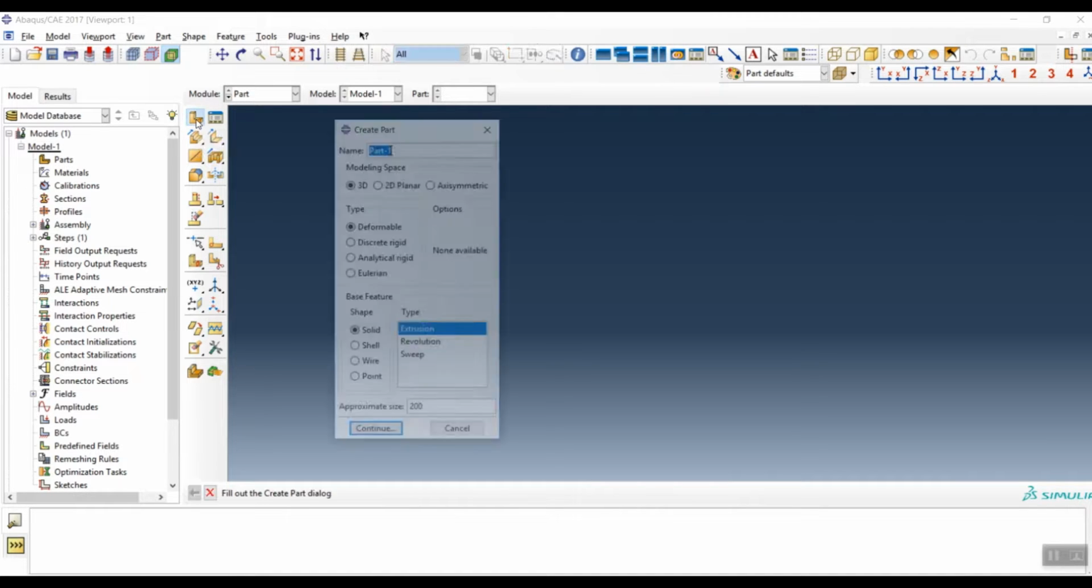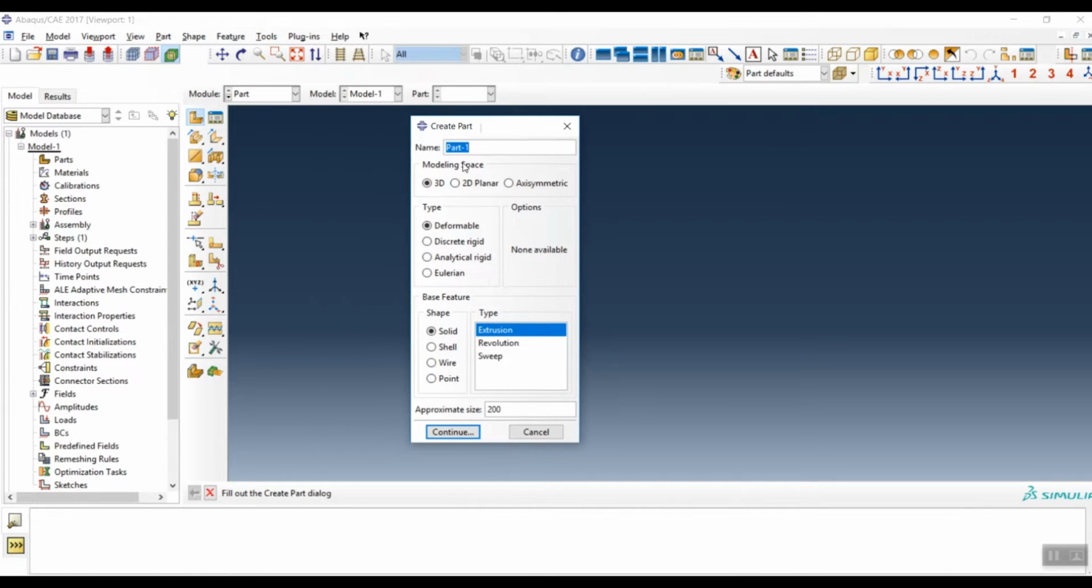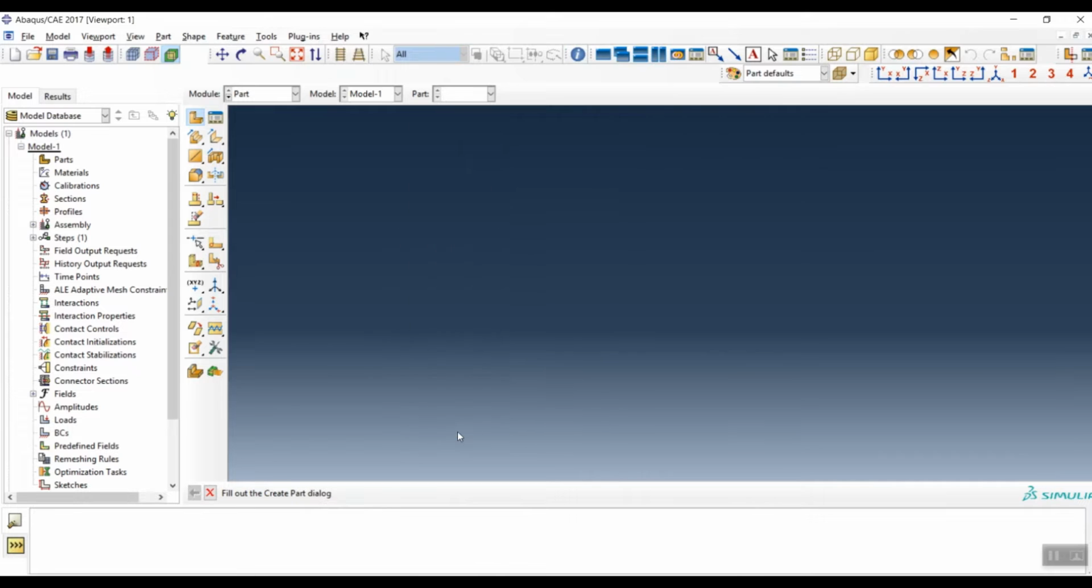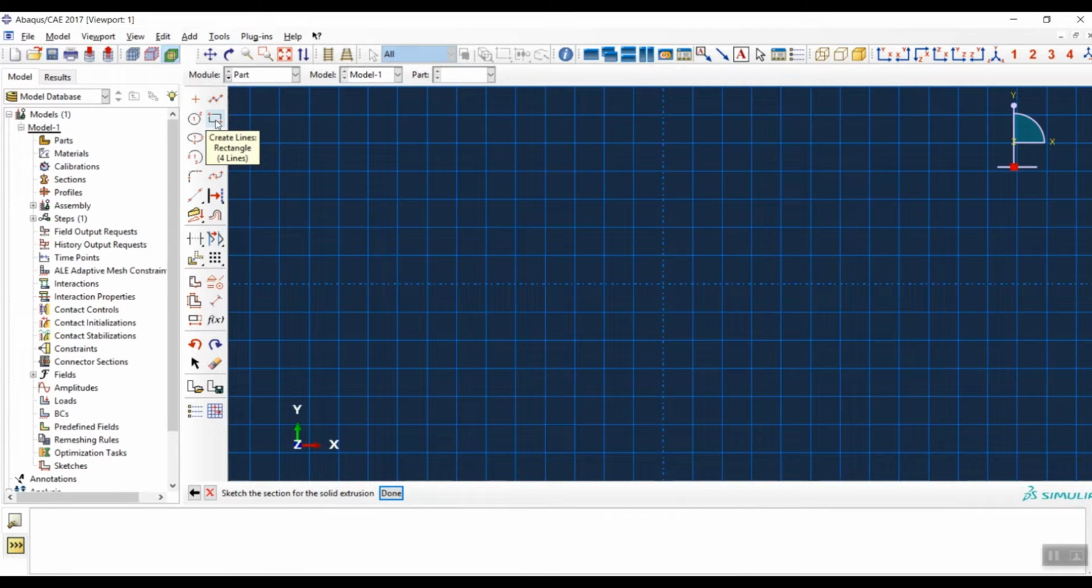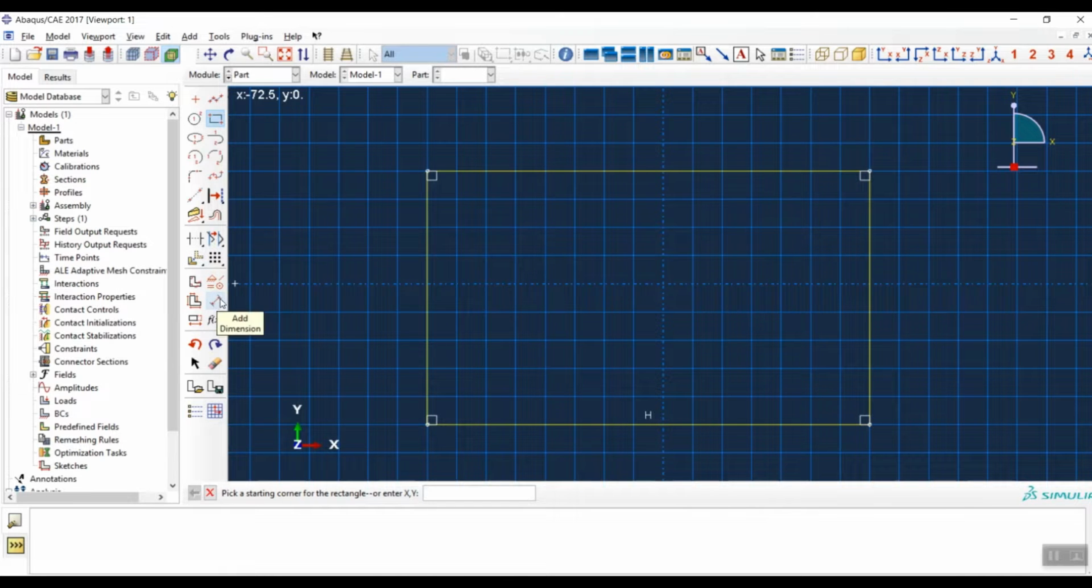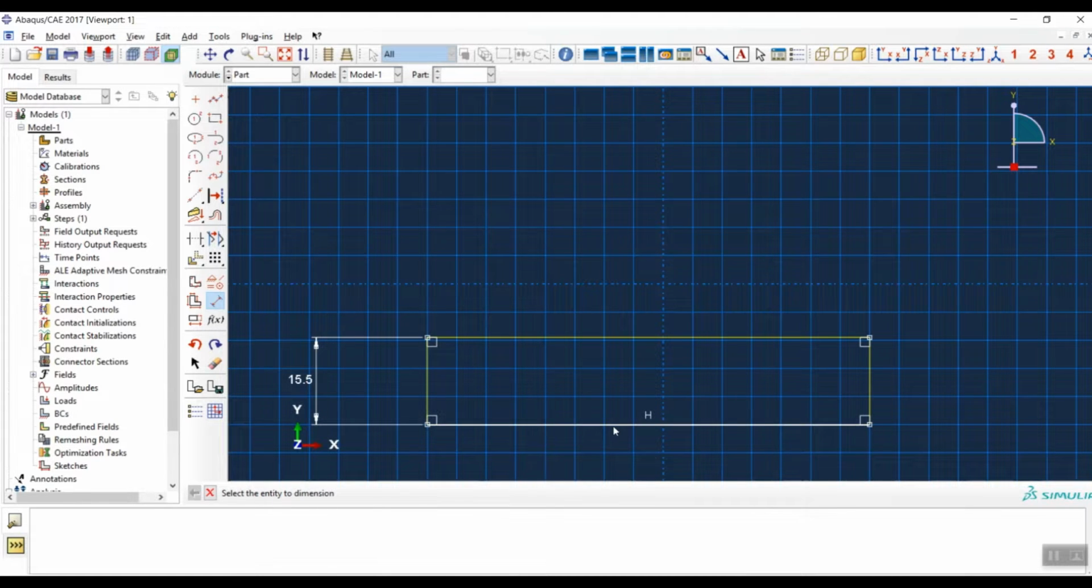First click on create part, and here we have a three-dimensional model, deformable and solid. Click on continue. Click on create rectangle and draw a simple rectangle here, and apply dimension. Here is 15.5 meters, and here should be 20 meters. Okay,